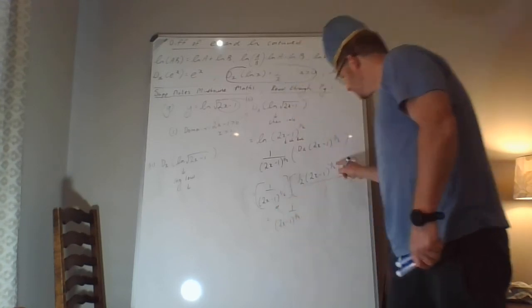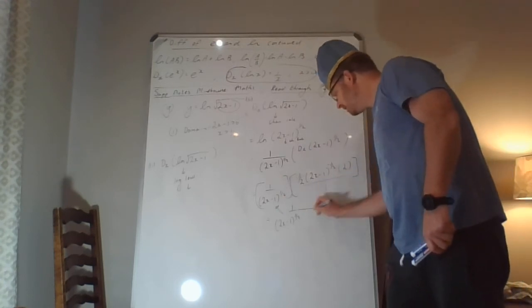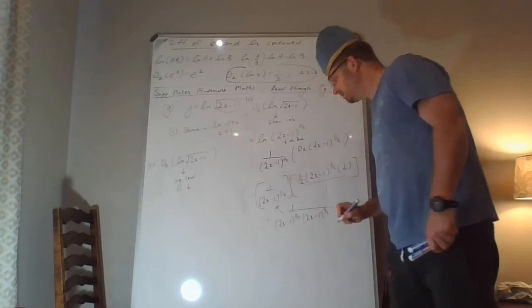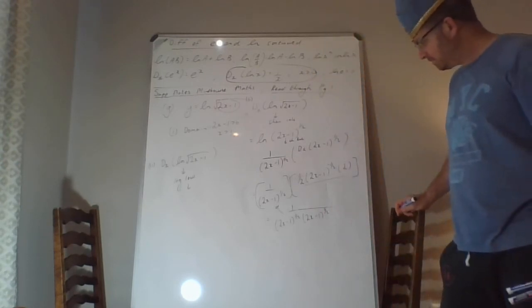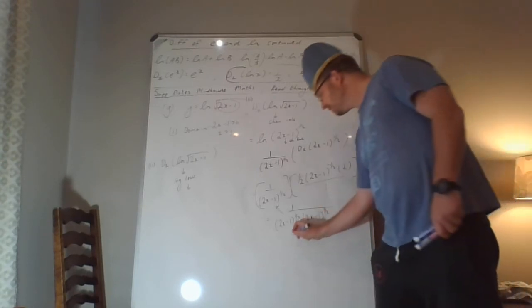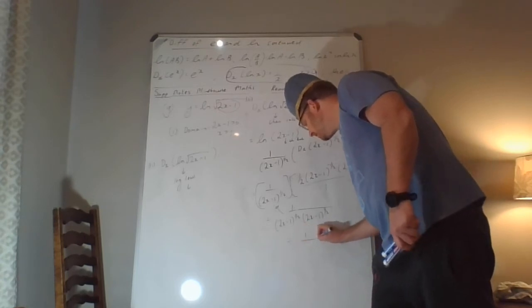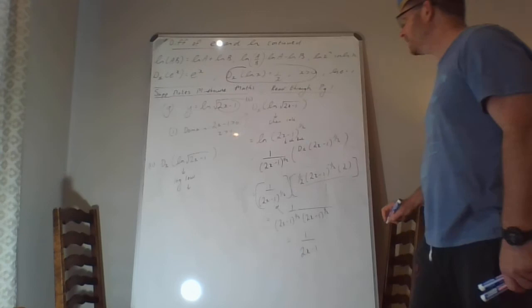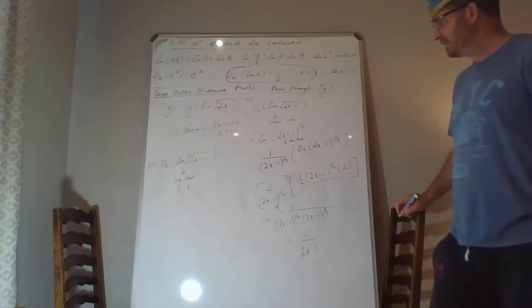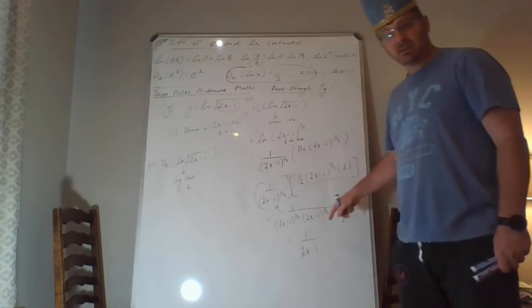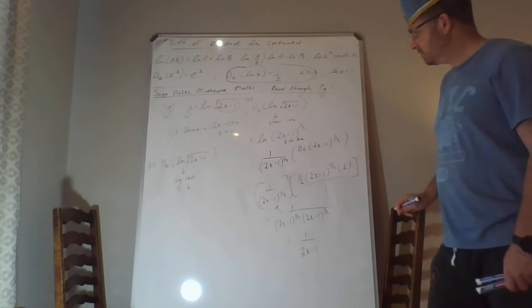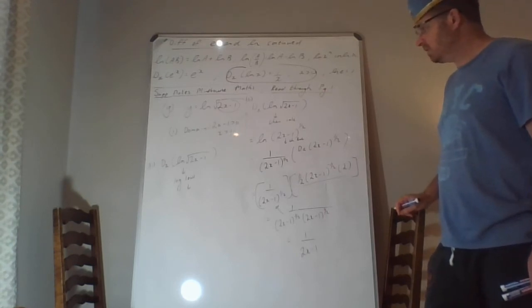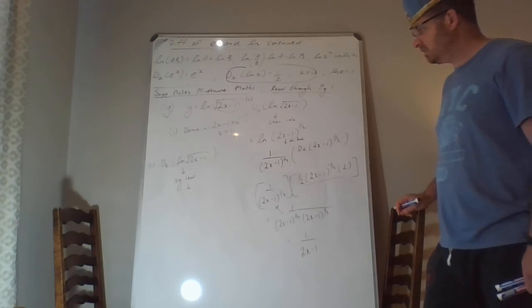That one over there. And when I move that one down, I'm going to have times 2x minus 1 to the half, which is awesome, because now you've got powers with the same base, so you can add the exponents. And a half plus a half is 1. So you get left with 2x minus 1 to the 1, which is just 1 over 2x minus 1, based on the fact that x is bigger than half. So I think all of you should WhatsApp Frankie after this and congratulate her on using the chain rule so